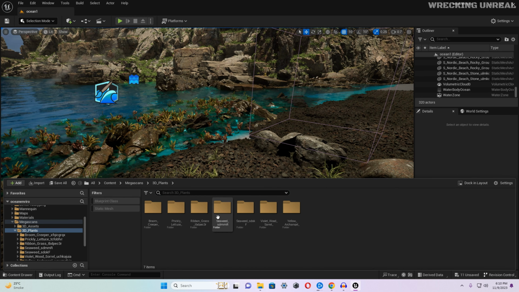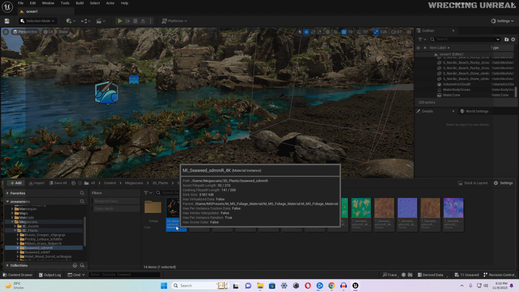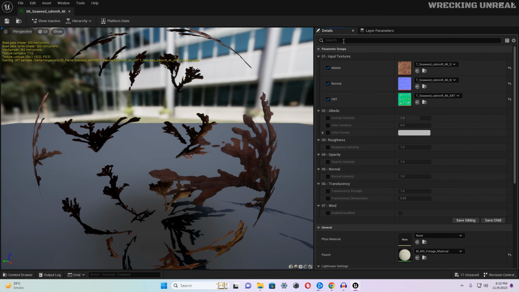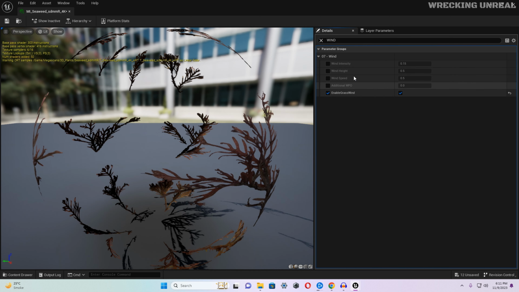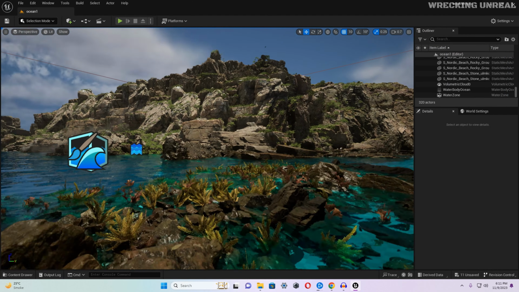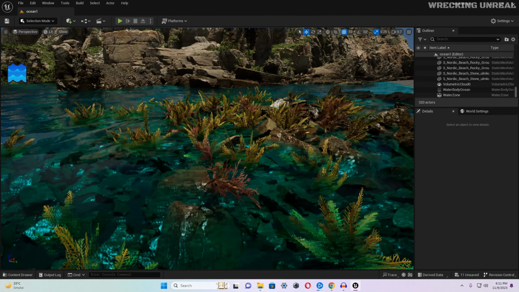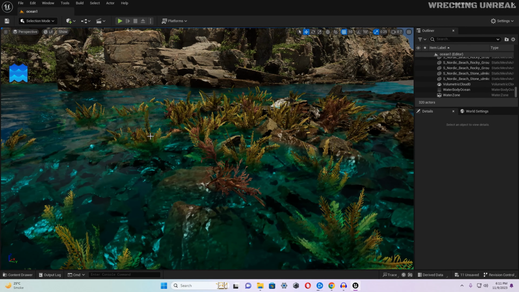We have used the seaweeds, and go there and go to the details panels, open wind, take this one, and the wind intensity should be 0.5. We need to save this one and close it. As you can see, we can see the wind effect of our seaweeds, but there is no wind effect on